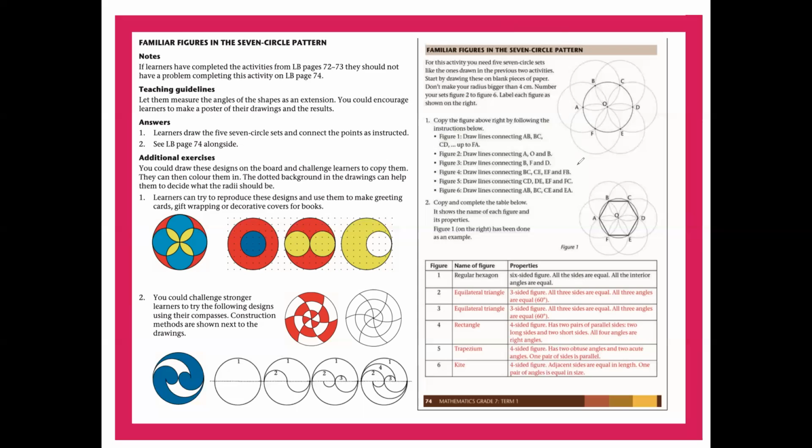A trapezium is just a 4-sided figure. So it has like, that will probably be a trapezium, where it has 2 obtuse angles and 2 acute angles. And one side is, actually no, that is not a trapezium. A trapezium would be